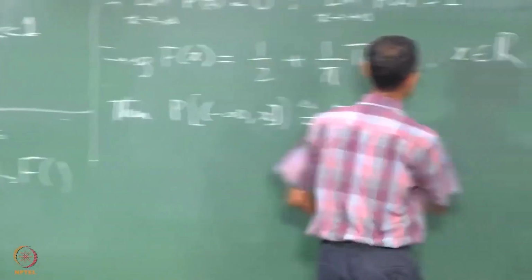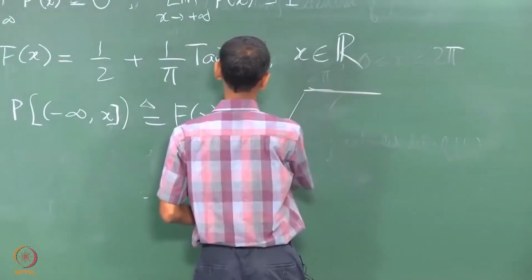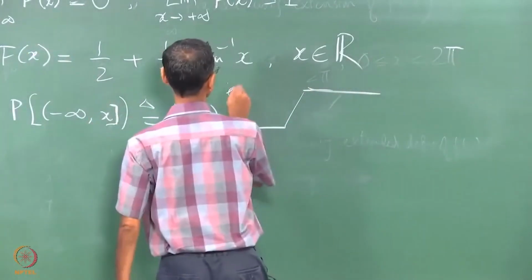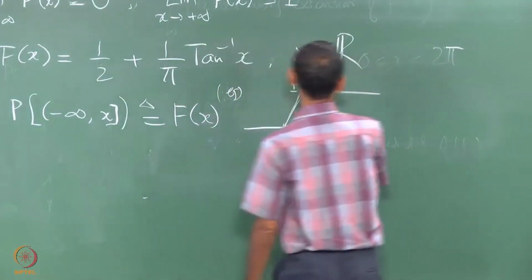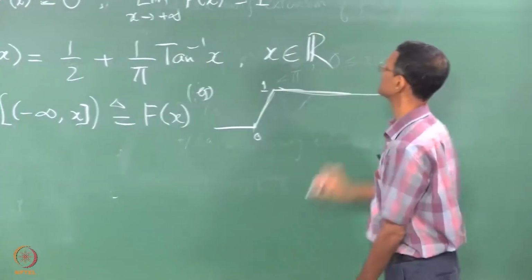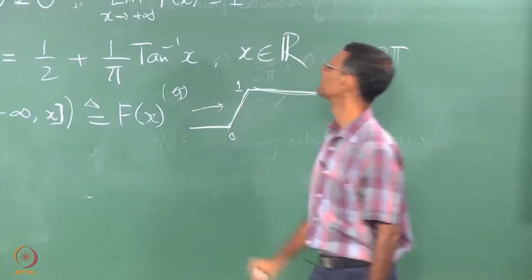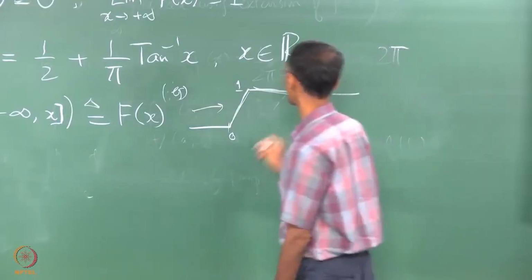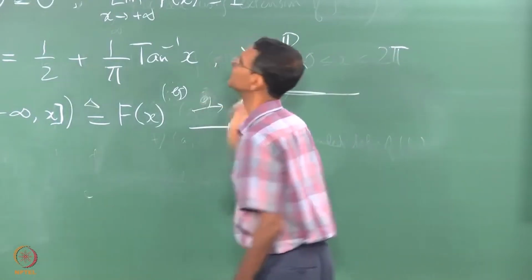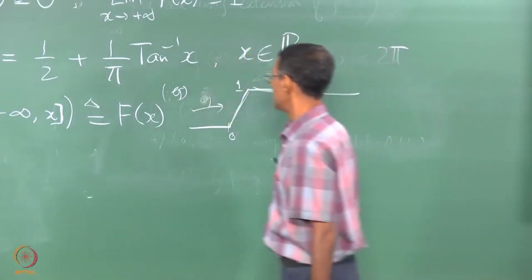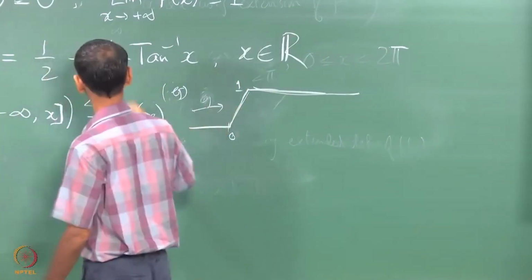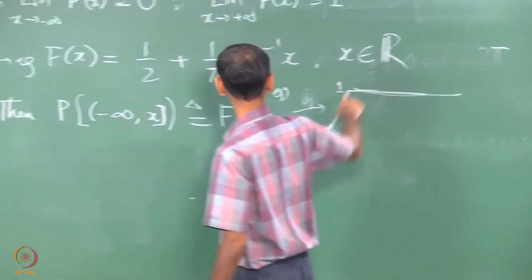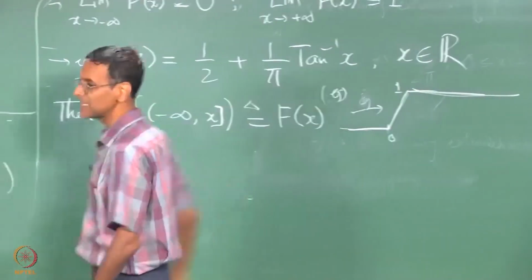So you could have something like this. This is one example, this is another example. It can be up to 0, it can be flat, and then it can go to 1 and then remain flat here. This is also possible. Right. In any case, if you start out with such a function which behaves like this, then its values can